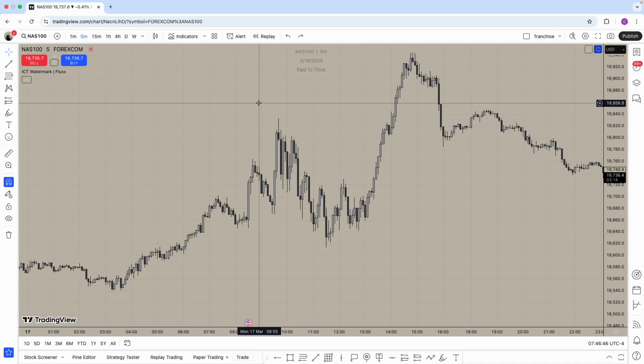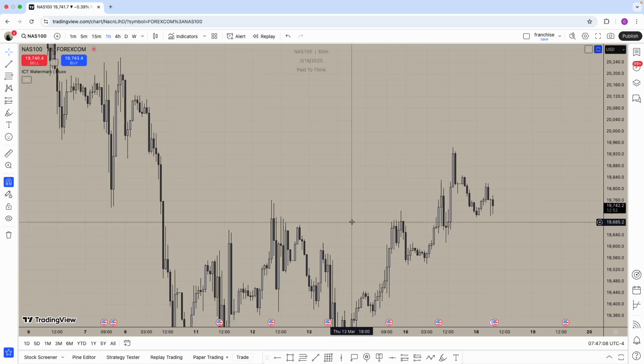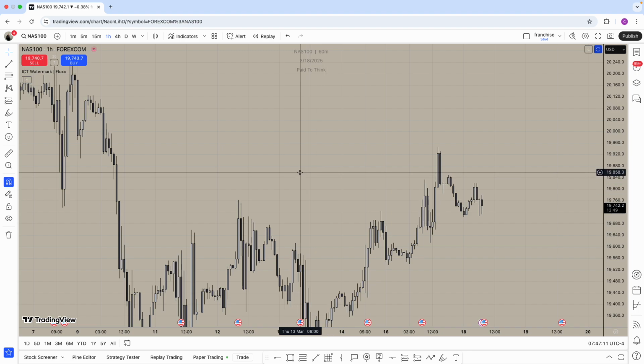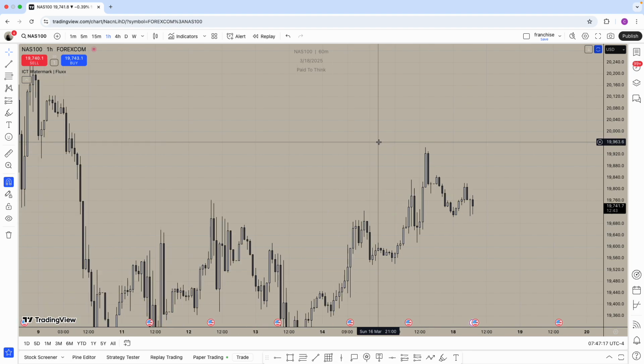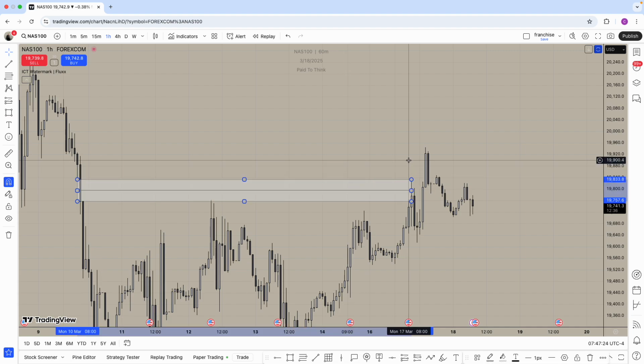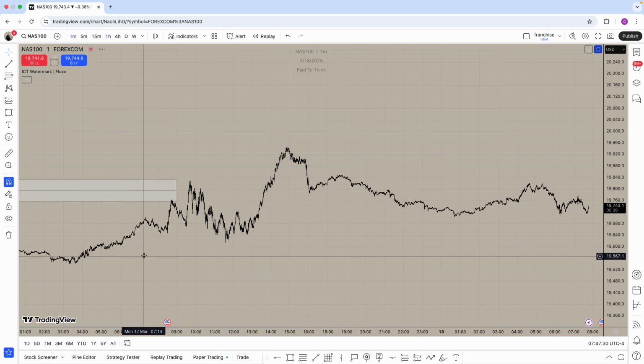And this all comes down to not marrying a bias and being adaptive with your trading, and having the ability to read the higher time frame charts. So let's go on the hourly. For those that have already watched my market review, this will be pretty obvious to you. But this gap here is very important. So if we then go back on to that chart,